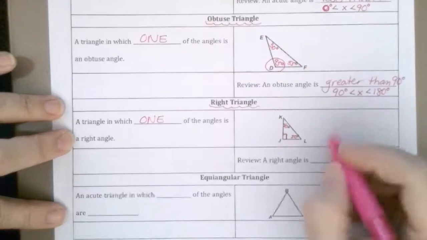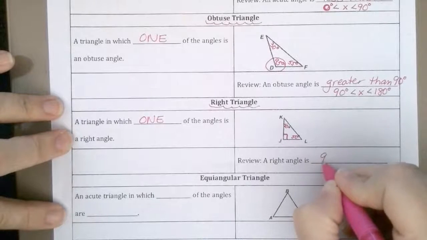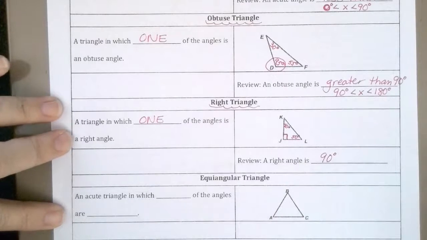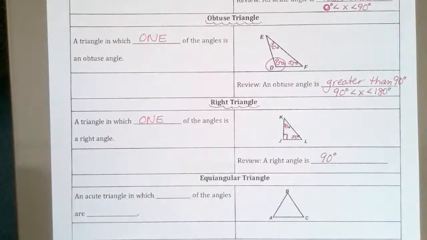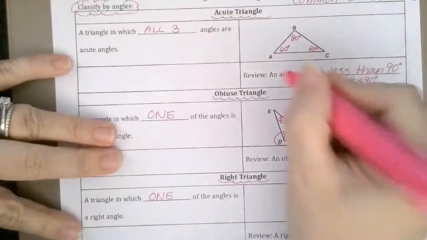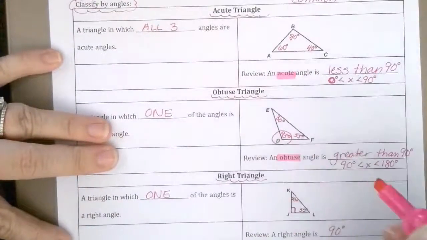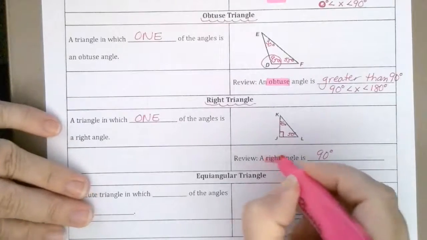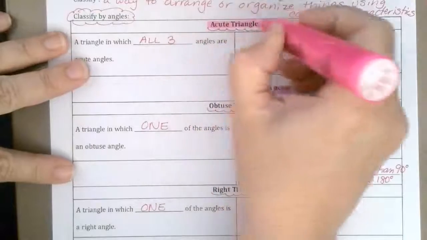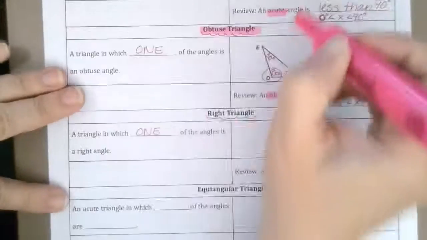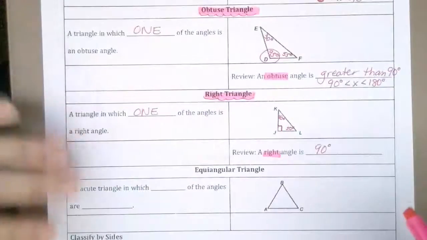And a right angle is exactly 90 degrees. Okay? So I'm going to highlight a couple things because we've reviewed a couple vocabulary words here, right? We reviewed acute, we reviewed obtuse, and now we've reviewed right. And we've talked about an acute triangle, an obtuse triangle, a right triangle, and next,